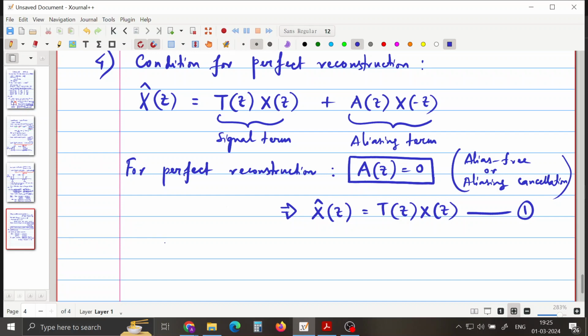So for perfect reconstruction, what we want is, for perfect reconstruction, again I will write,